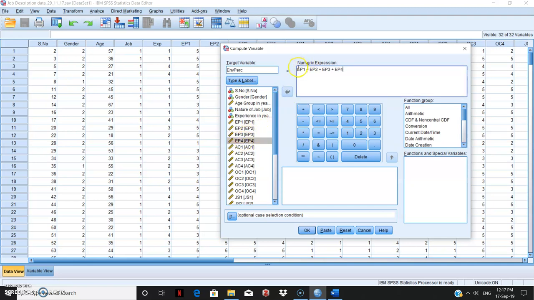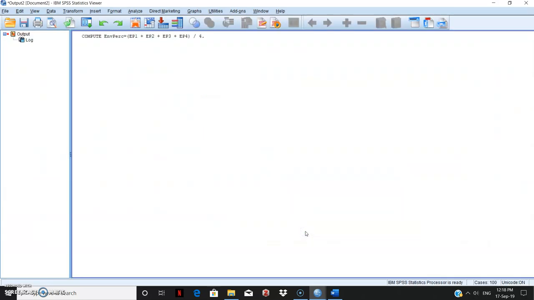In fact, this should be divided by 4. Why? Then only you get the mean. So EP1, EP2, EP3 and EP4, we add them up, and if you divide by 4, that is what will be my total score for the environmental perception.